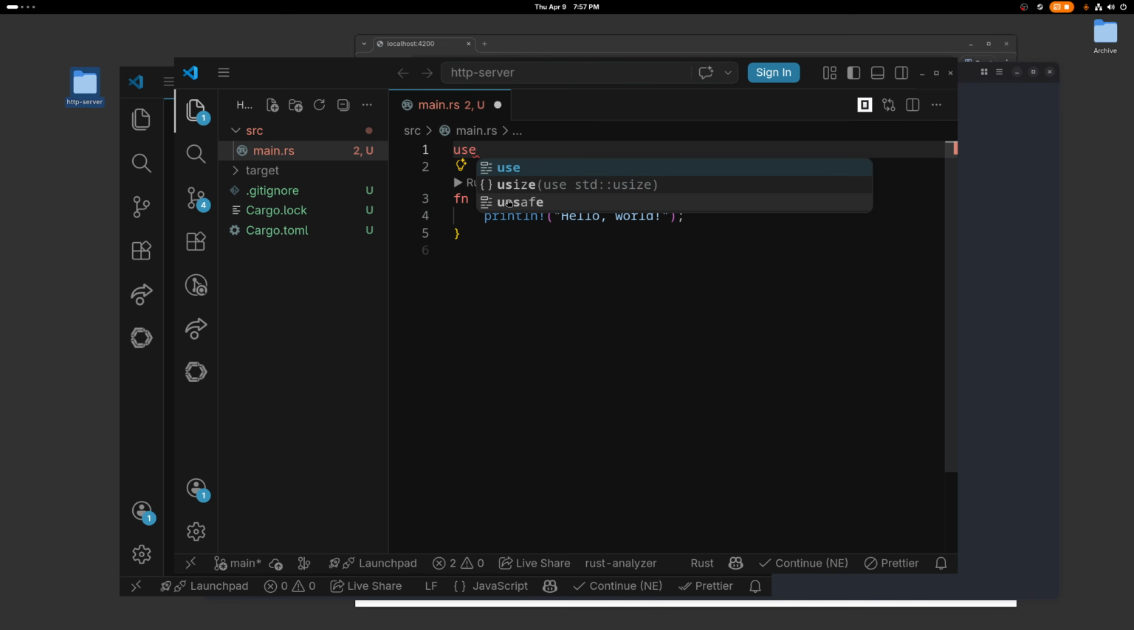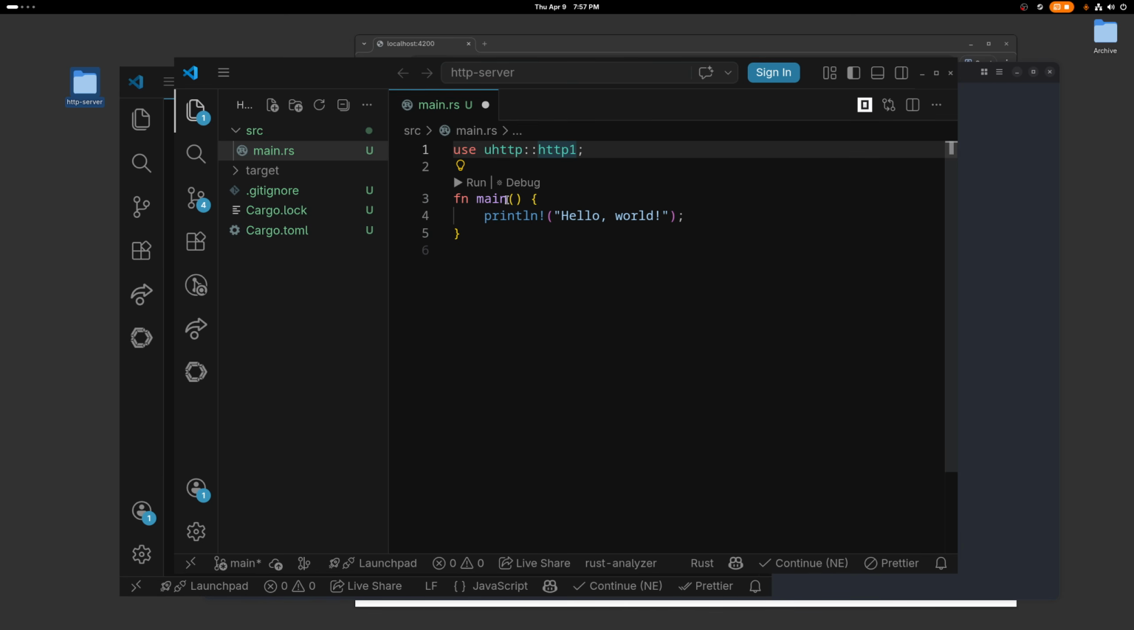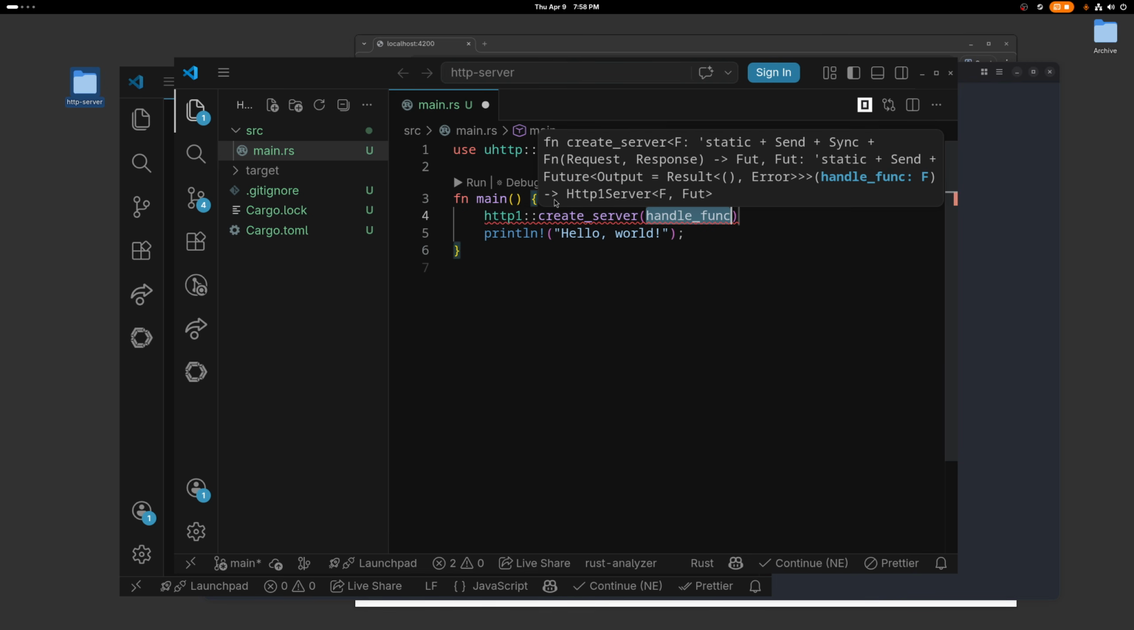Then, just like in JavaScript where you have import, in Rust you have use, and we're going to use uhttp and HTTP1. So we're effectively taking this namespace, or it could be an object, it could be a function, it doesn't matter. In this case, it's a namespace, out of uhttp, and this has a bunch of things on it. It's got a function called createServer, which we'll take,